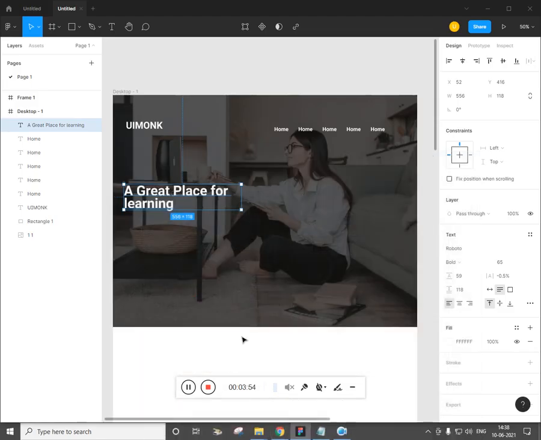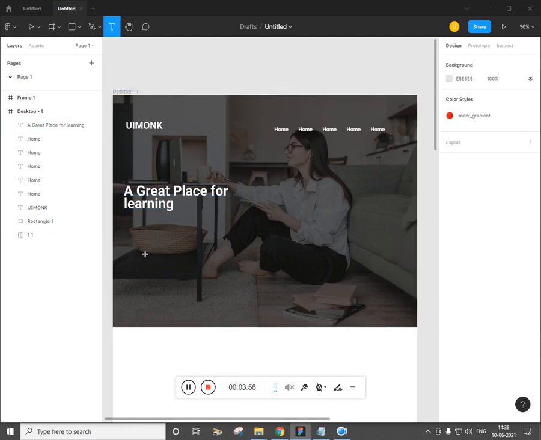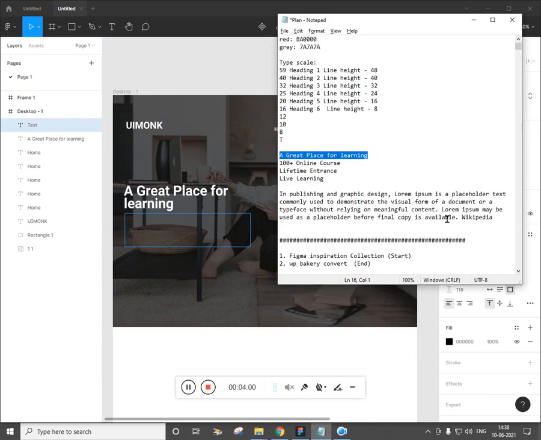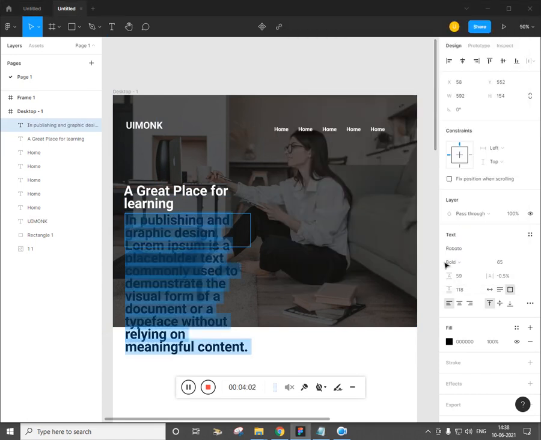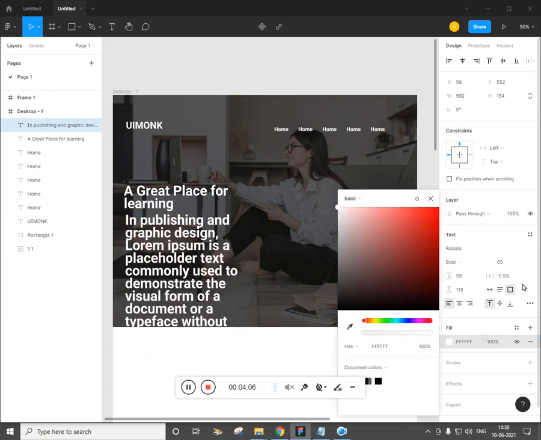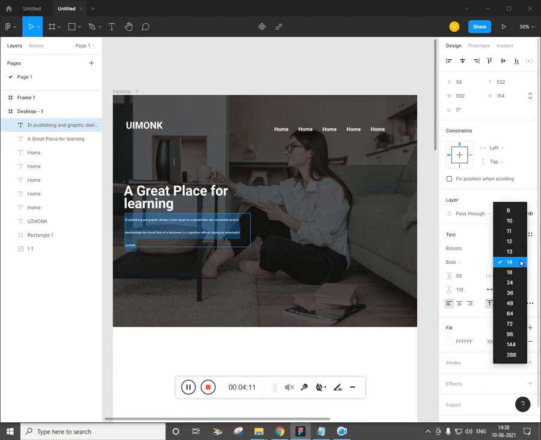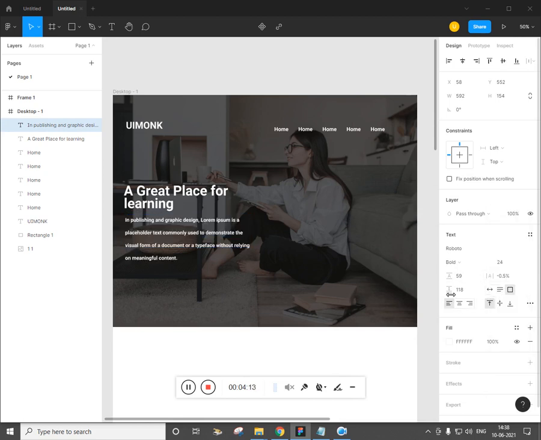And then what you can do is type T again and just drag it and place the content. Select all, make the color white, and give the font as 24.